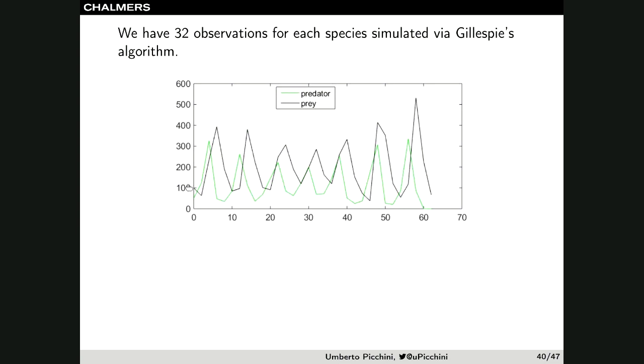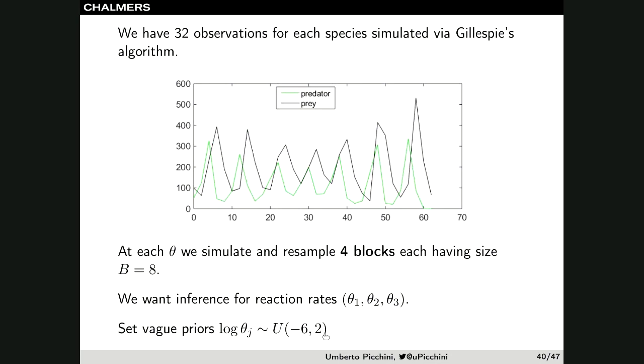So we can assume that the first 8 observations could constitute one block. The next block could be the next 8 observations, and so on. So we could have blocks of 8 observations, so overall 4 blocks for 32 observations. We have 3 parameters to estimate. We put informative priors